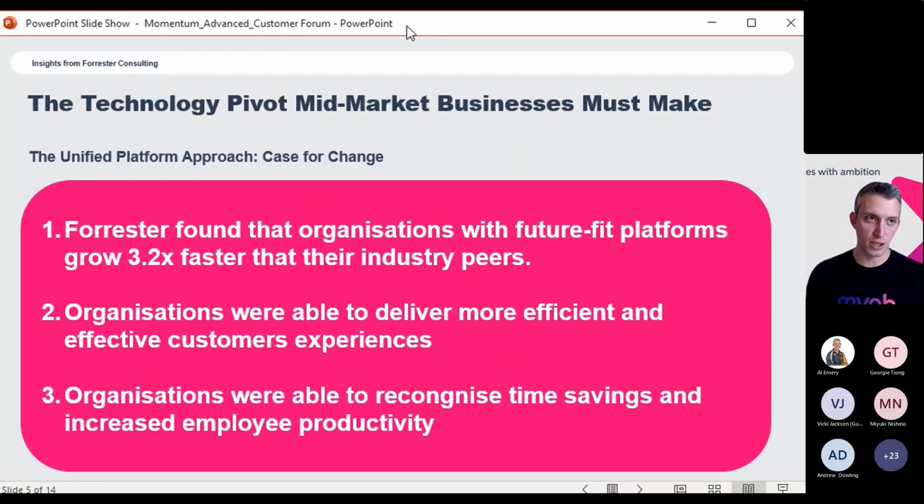If you can't share live inventory, so that when someone visits your website they know what is in stock and when it's going to be delivered, that's holding you back from a revenue standpoint. The other thing, from a cost standpoint, which is more often the case when people think about automation, comes to recognizing time savings and increasing employee productivity. So there are 2 layers to this last point. There's one which is around efficiency.